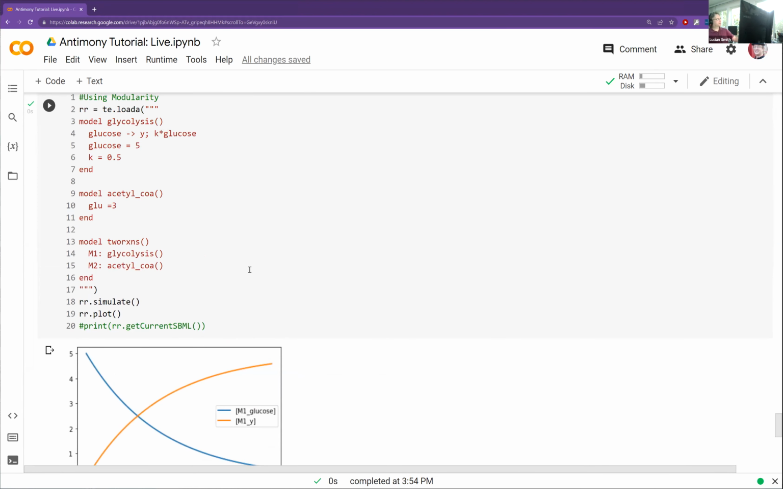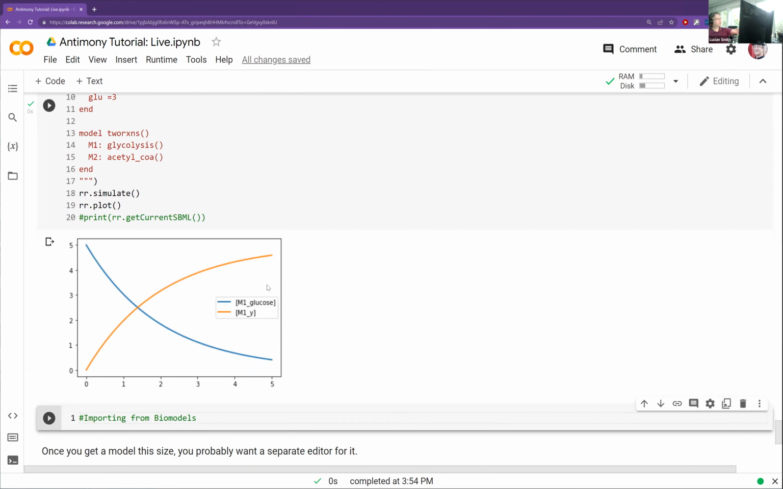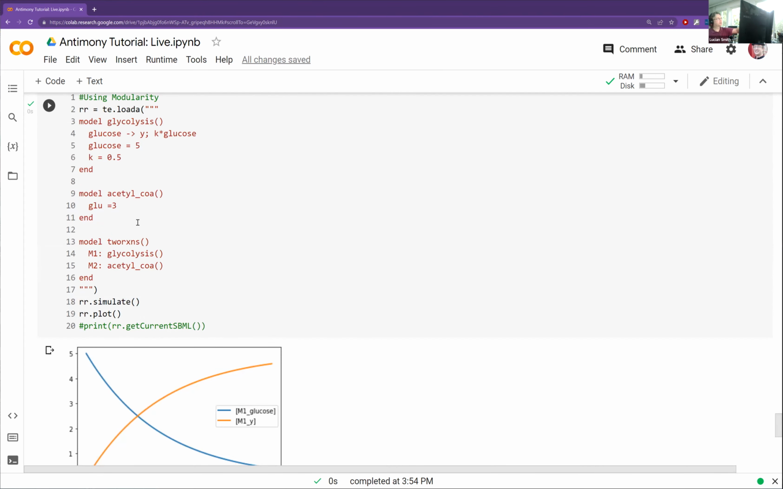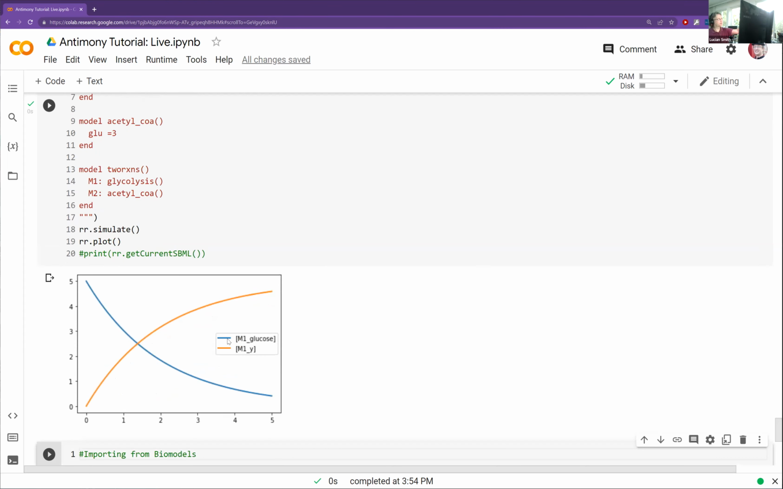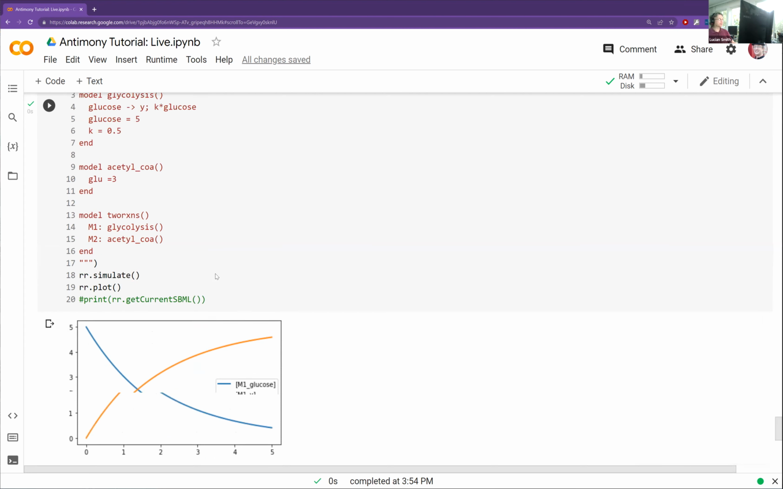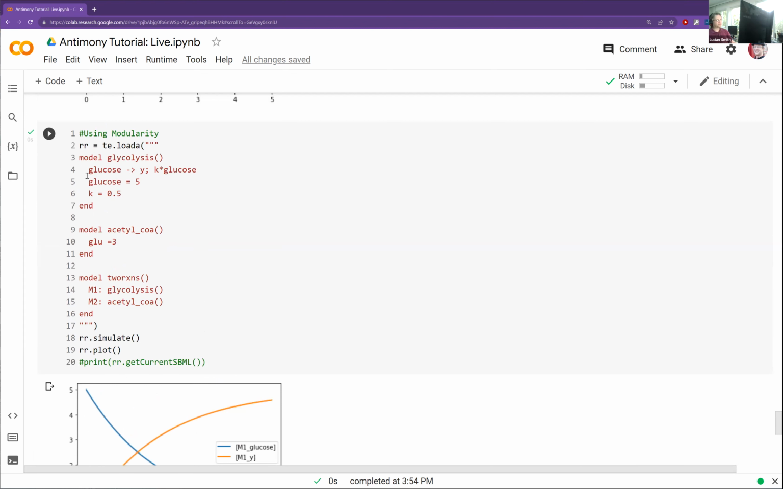Got it. All right. So now we have 2 submodels. The second one doesn't do anything right now. We basically only have our first thing. And you'll notice that the name it gave it was M1 underscore glucose and M1 underscore Y, because it basically gives everything its own namespace. But what you can do is you can say